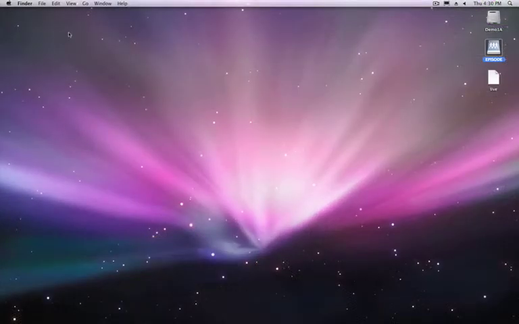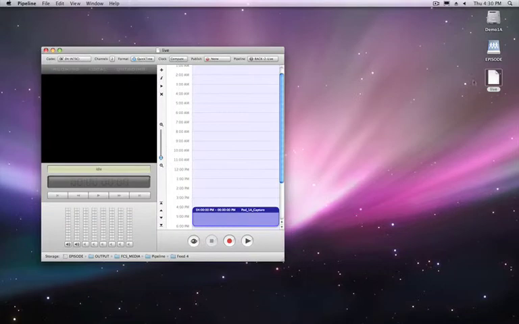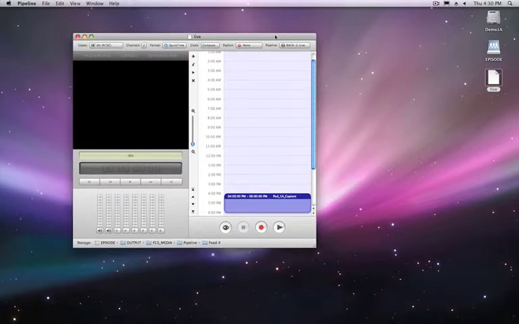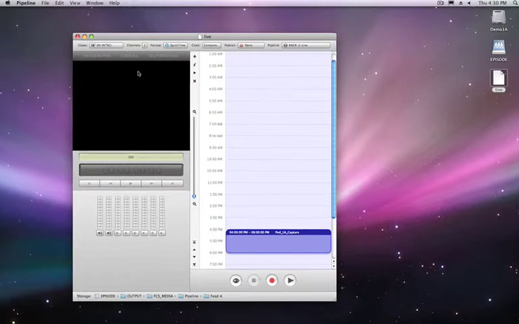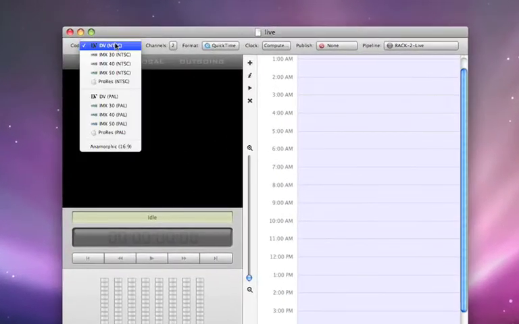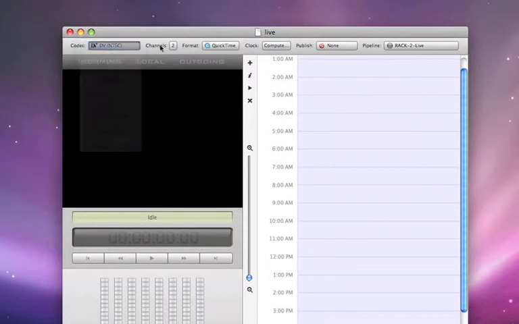So let's see how we set this up. The first thing that we need to do is we need to tell Pipeline when to record, and we're going to use our scheduling software to do that. Now with this, I can create a 24-hour daily recurring schedule with multiple encode events on it that will happen throughout the day. We choose which codec we want the pipeline to encode with, whether it's DV, IMX, or ProRes,